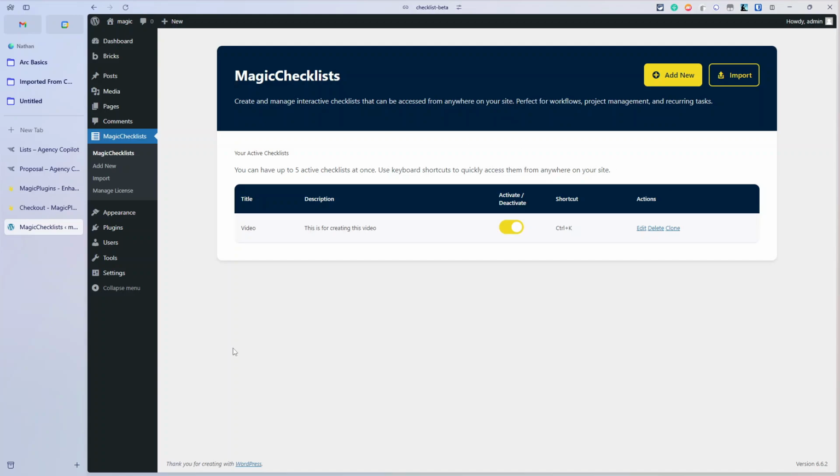So I've already created a checklist here, and you can see it's called video. This is for me creating this video. It's an active checklist, and it's got a keyboard shortcut of Control K assigned to it. And I've got an edit, delete, and clone option, which I will go through later as I'll go through the rest of the plugin. So I'm going to activate this checklist now, and I'm going to activate it here while we're in this